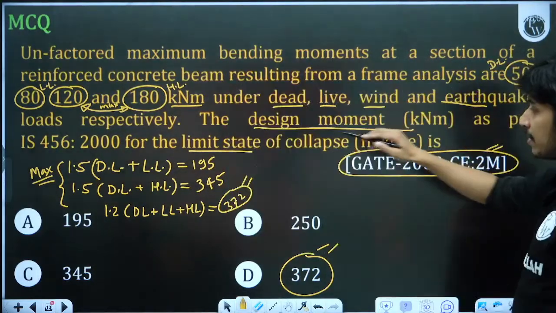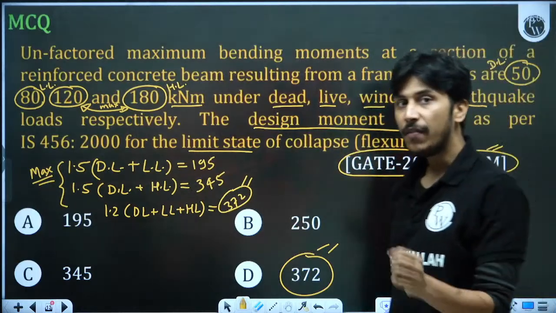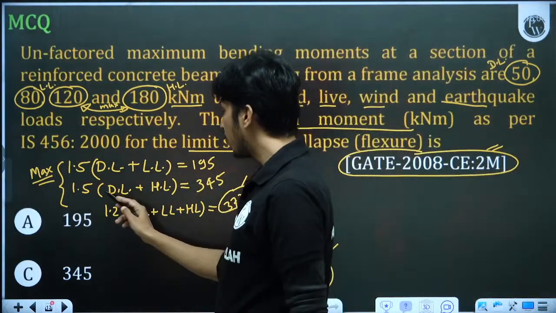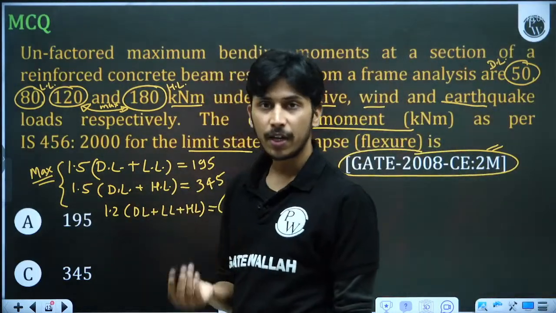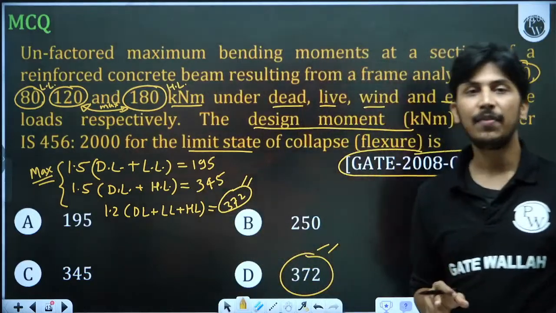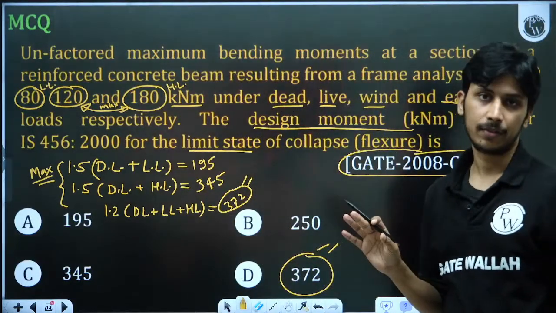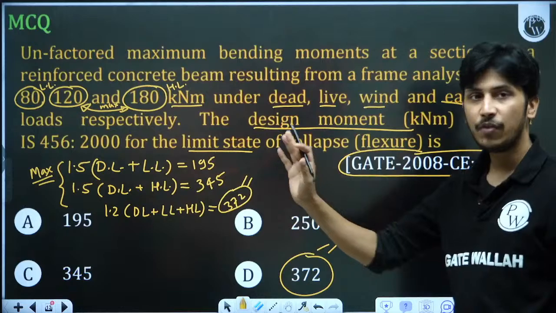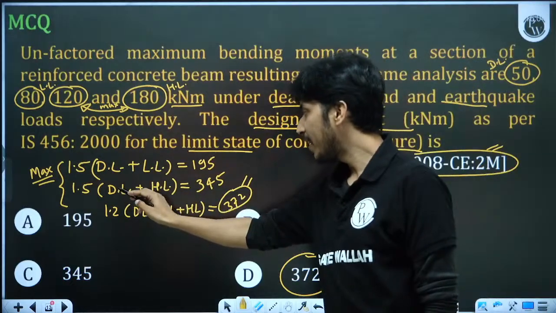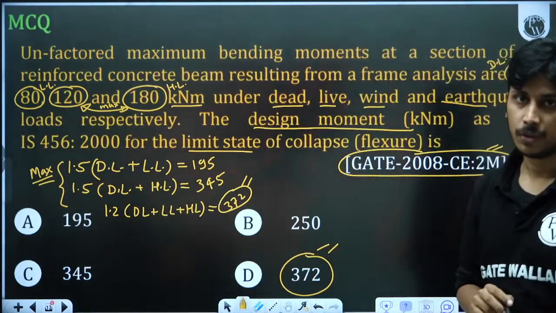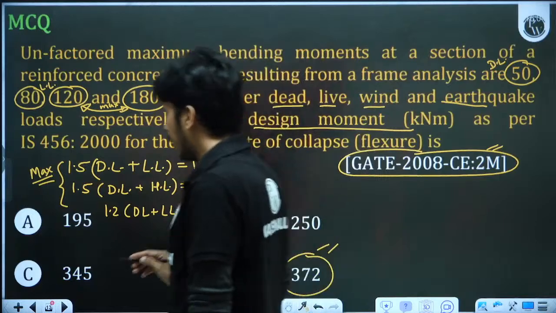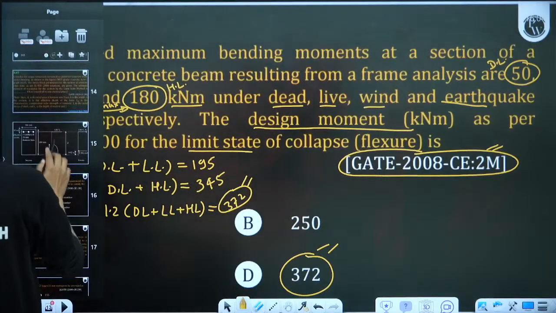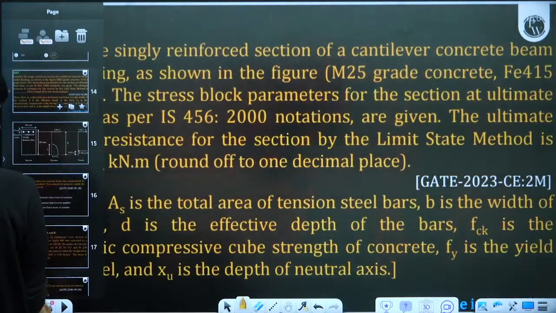So for this, you must remember all the equations. Here we have not taken one thing, 0.9 dead load plus 1.5 horizontal load. Why have we not taken it? Because that is only taken when you are designing against sliding. If somebody says you are designing against sliding, then take 0.9 dead load plus 1.5 horizontal load.